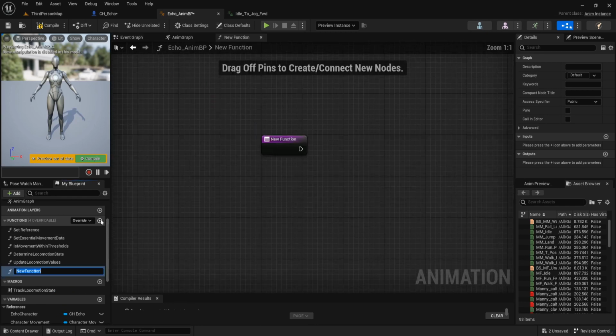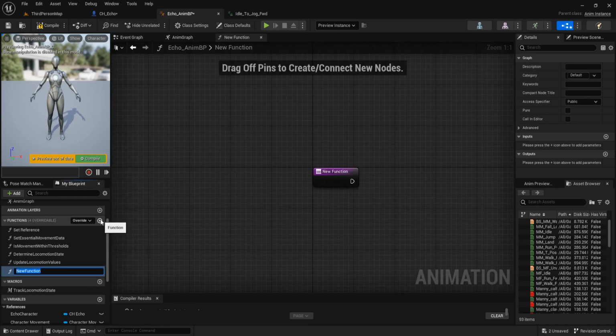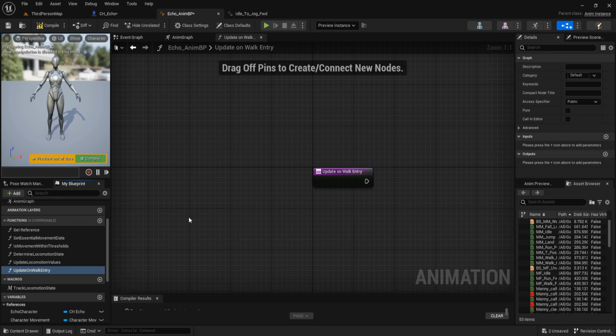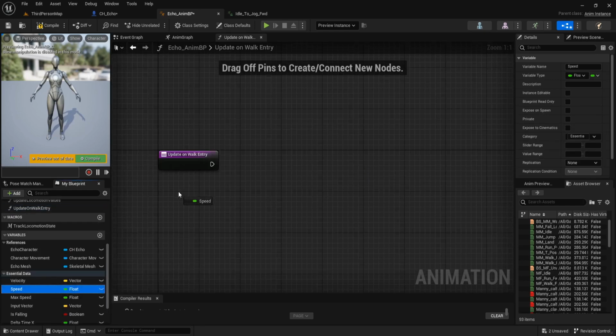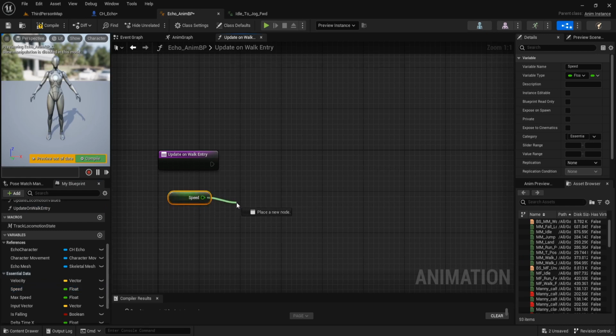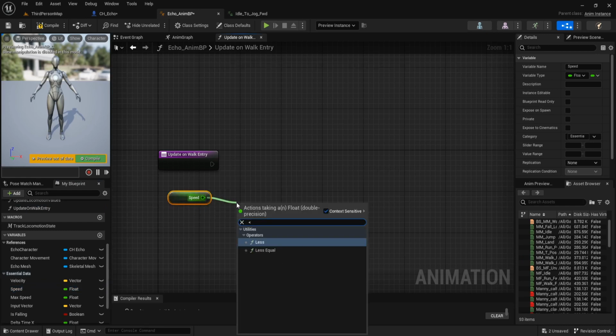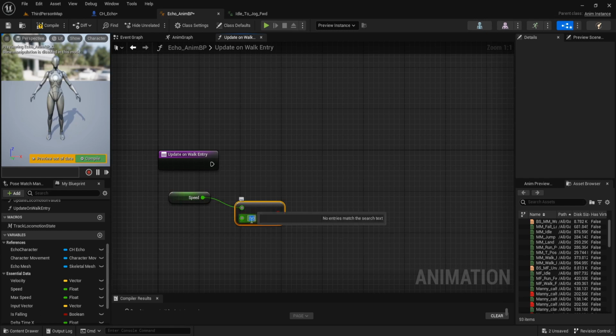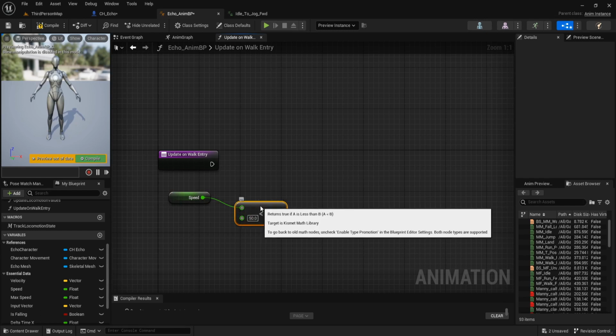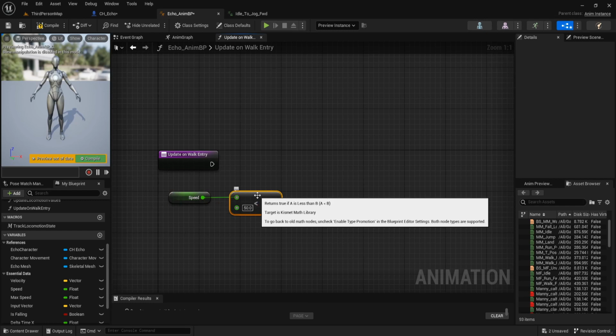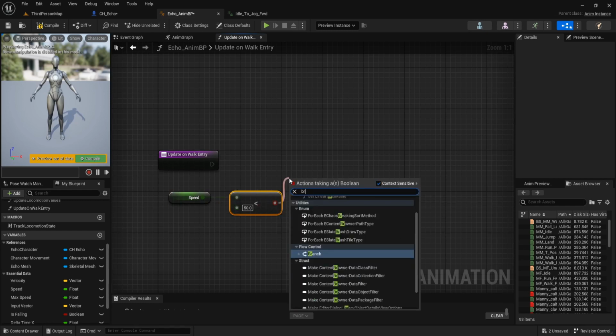And add function. The name is update on walk int3. Get speed, and if it's less than 50, create a branch.